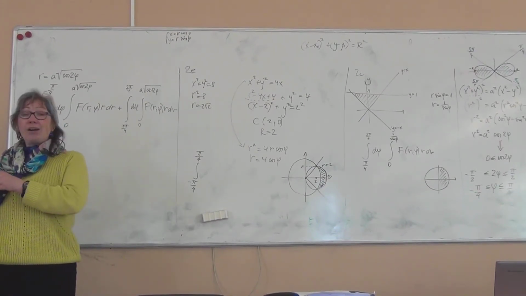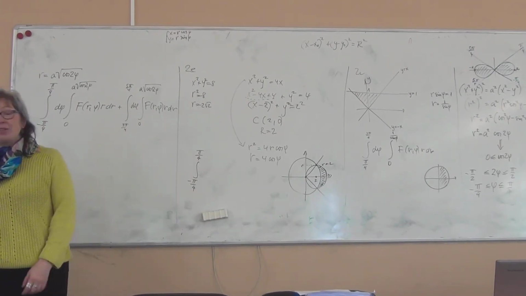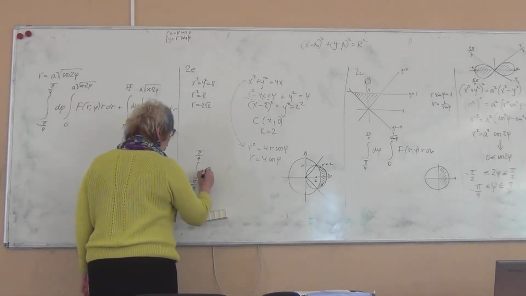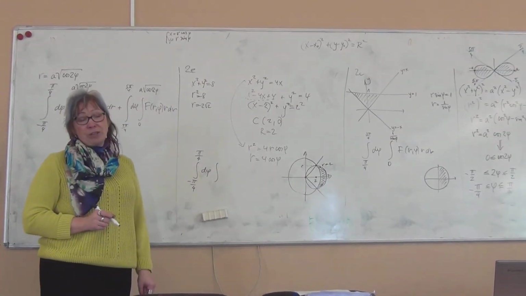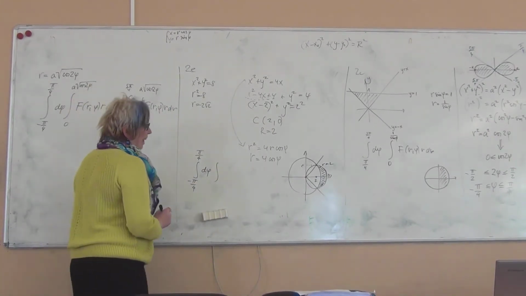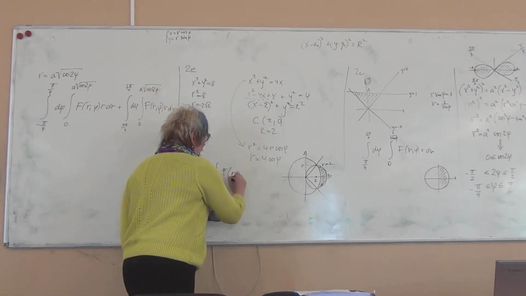Degrees are kept for geometry. For calculus, we are always using radians. That goes without saying, but I have seen people using degrees and getting wrong results. And so the function